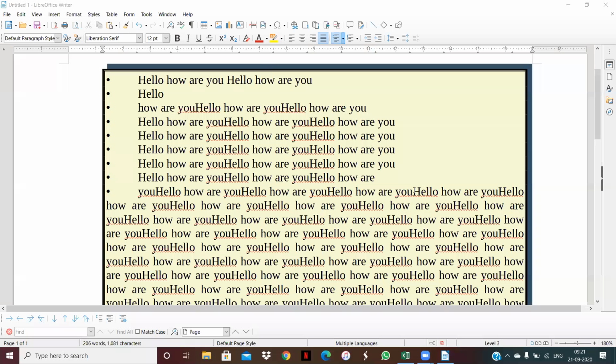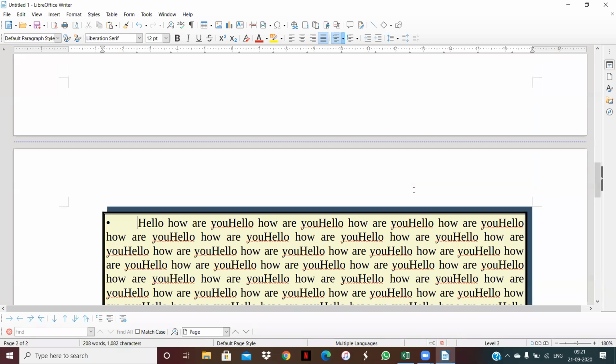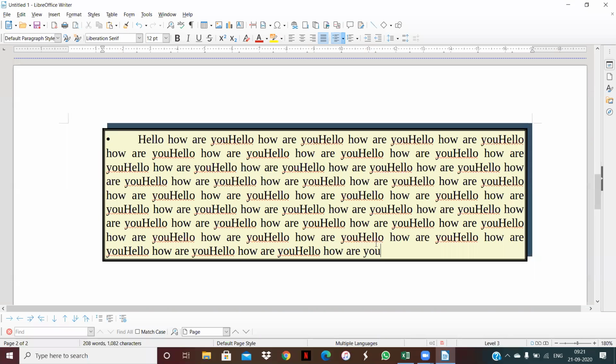My mouse cursor is here. I am pressing Control Enter. Now you can see the rest of the paragraph goes on page number 2 of 2. Clear? In this way we can insert the page break. And another way to insert the page break is, suppose that now only this line, hello, how are you,